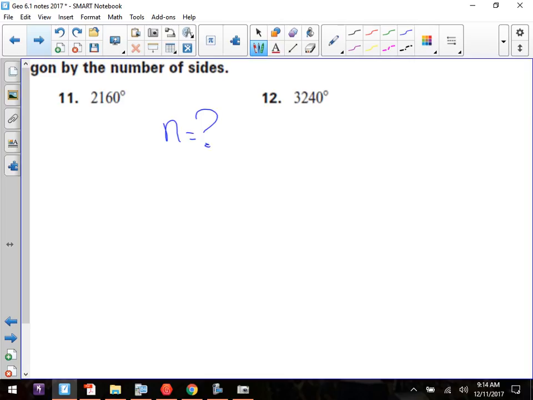Take a second, figure out how many sides do those two have. If those are the sum, figure out how many sides there are. So we do that, we get what? N minus